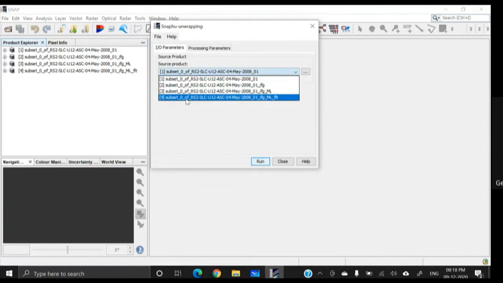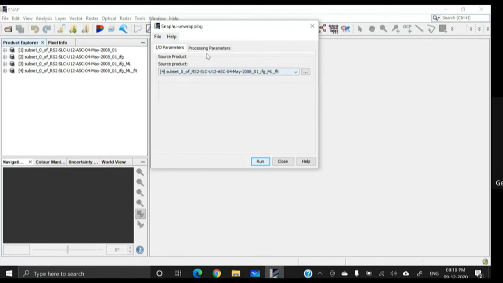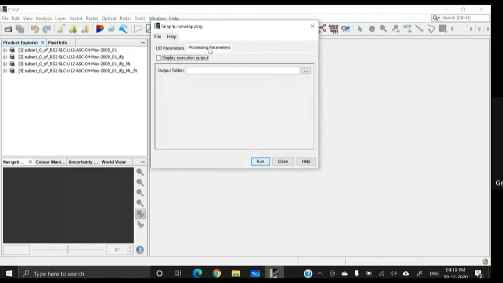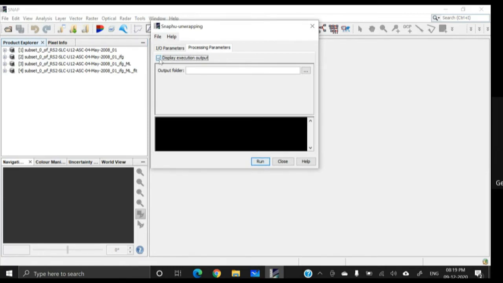This is the phase filtered image, the last phase filtered image. Then in the processing parameters, check this one, display execution output. Check this one, otherwise you will not be notified of what is happening in the background. Defining the output folder is not necessary because we have already defined it in the tool manager.